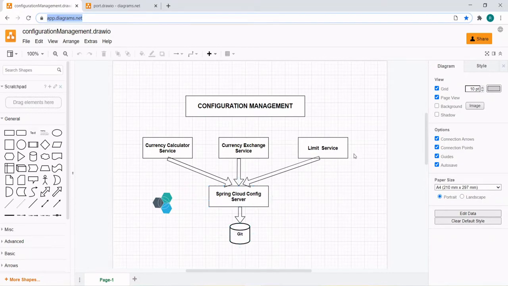So we saw that when the limit service configuration requests come from these services, they go to the bootstrap.properties. We renamed application.properties to bootstrap.properties, and in that property we gave the URI of the Spring Cloud config server, and this routed the request to the Spring Cloud config server, and from there we are reading the configuration. So this is what we looked at.